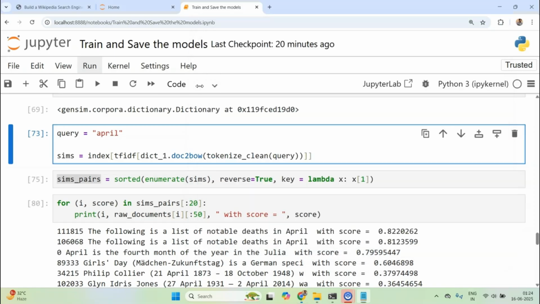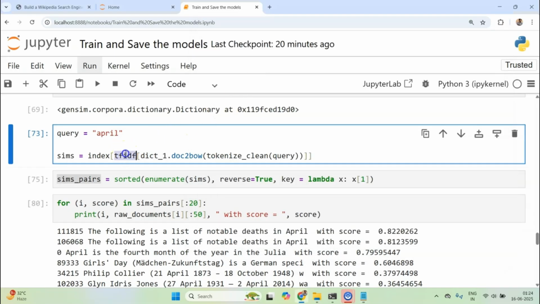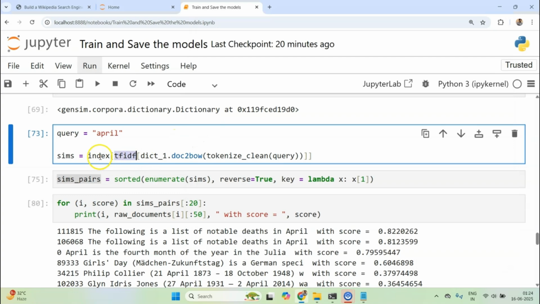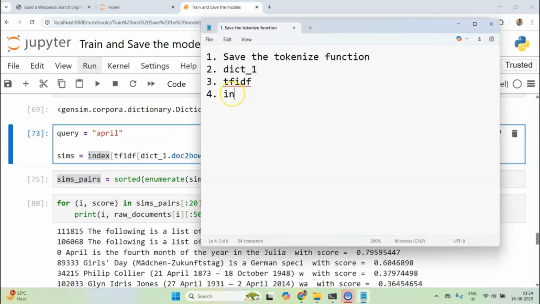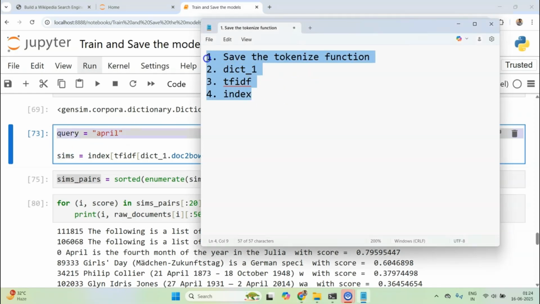Second, I have to then do this doc2bow. For this I have to save this dict1. Third, I have to save this TF-IDF model. Fourth, I have to save this index also. So essentially, to produce these similarities, I have to save these pieces of artifacts.